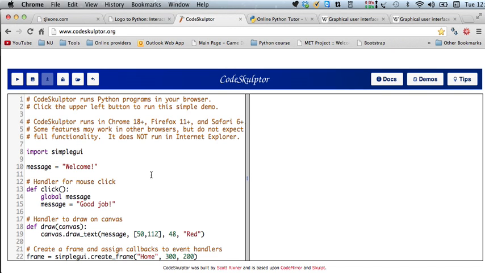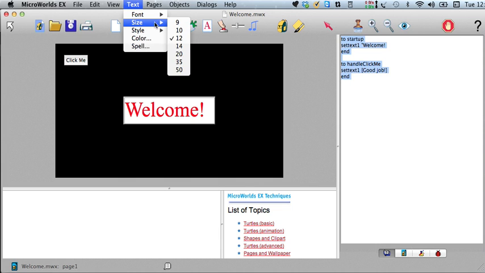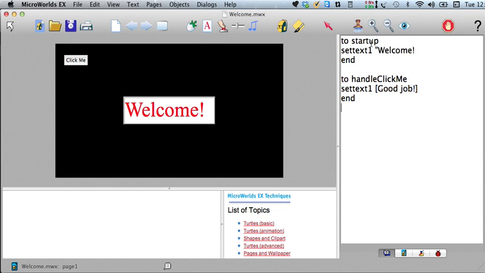In MicroWorlds, if we wanted to do something like that, I had a little startup procedure that sets things up. It sets the text to be welcome. Let me make this a little bigger. So the startup text just says welcome. When you open up this project, it'll do this procedure, and then we have this procedure handle click me that says set text to good job. And in my click me button,